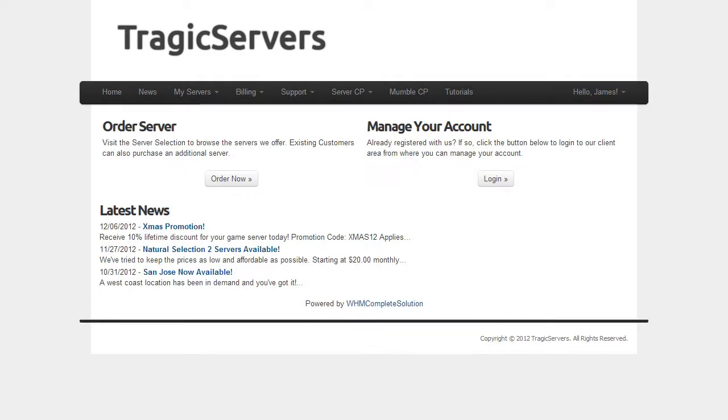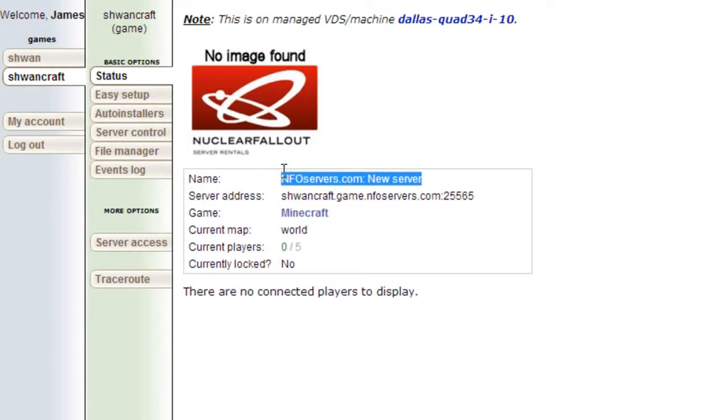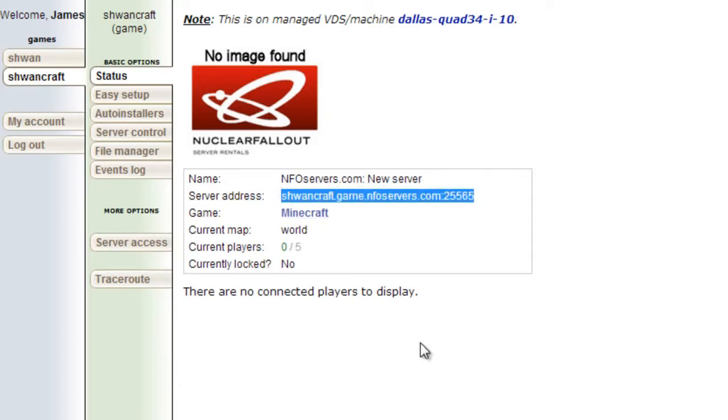So once you buy your Minecraft from Tragic Servers, for a low price of course, you'll go over and you'll have access to this control panel. Mine happens to be called Schwancraft. If you go to the status tab, you'll see that right underneath the name of your server, which you can change, is the server address, and this is the IP for your server and what you'll use to connect to